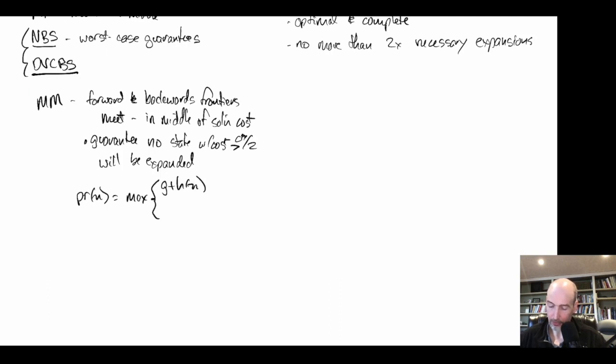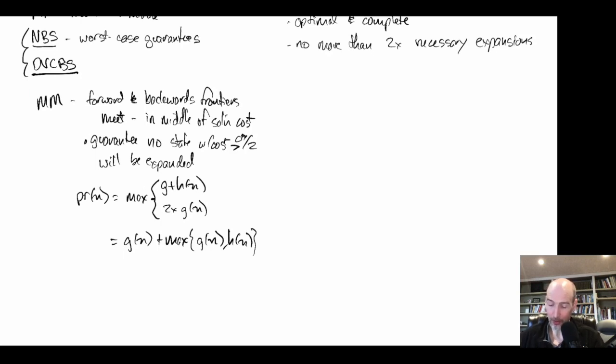And so that should be g of n and 2 times g of n. Okay, so we can write this. If I write it this way, then another way to write this is equal to g of n plus the max of g of n and h of n. Okay, and what we can see here, if we look at this priority function, it says, well, look, if I